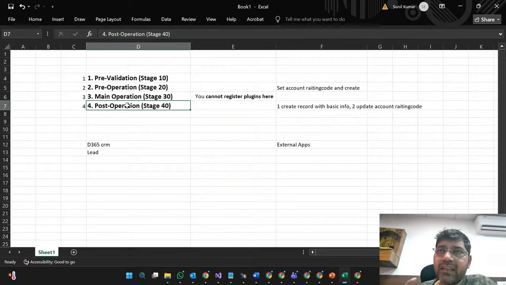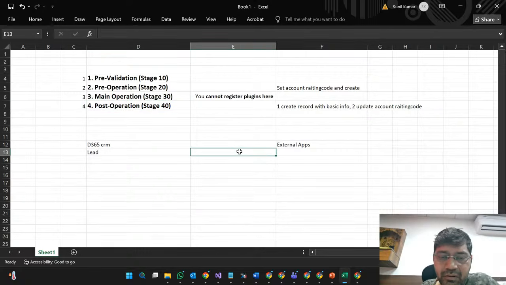Inside retrieve, we have multiple options: either we retrieve a single record or retrieve multiple. If we have to do a single retrieve, we should know the record GUID. The logic is the same as what we already discussed. So if we know the record GUID, we can retrieve even the other information. So suppose we have the lead GUID,